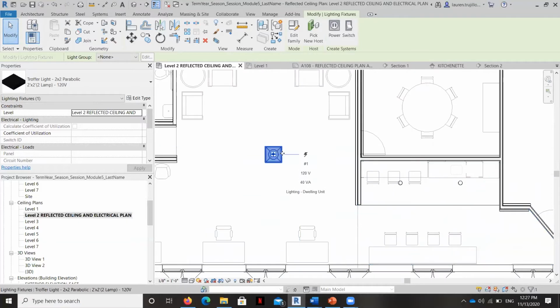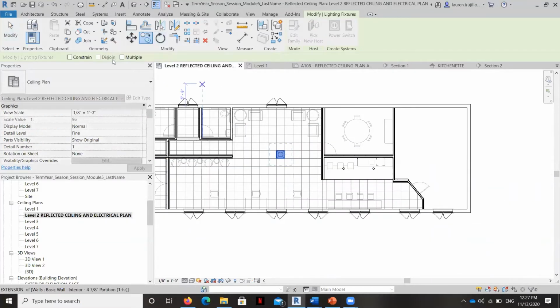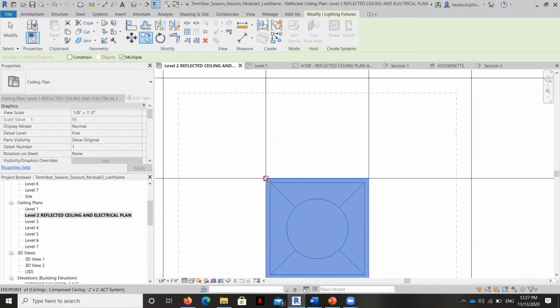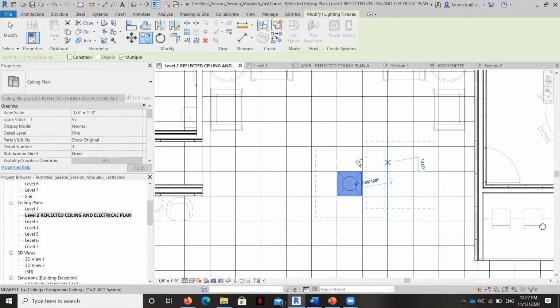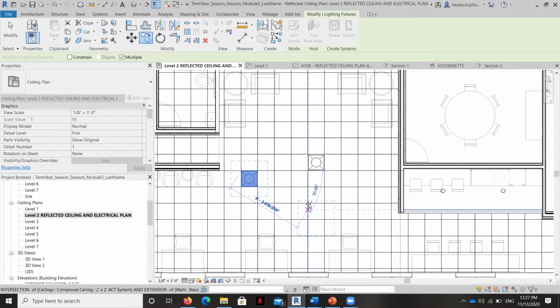Okay. Now these you can also copy, and you can just grab, and you can do multiple. And you can grab it by its base point. I'm just arbitrarily placing them for right now.